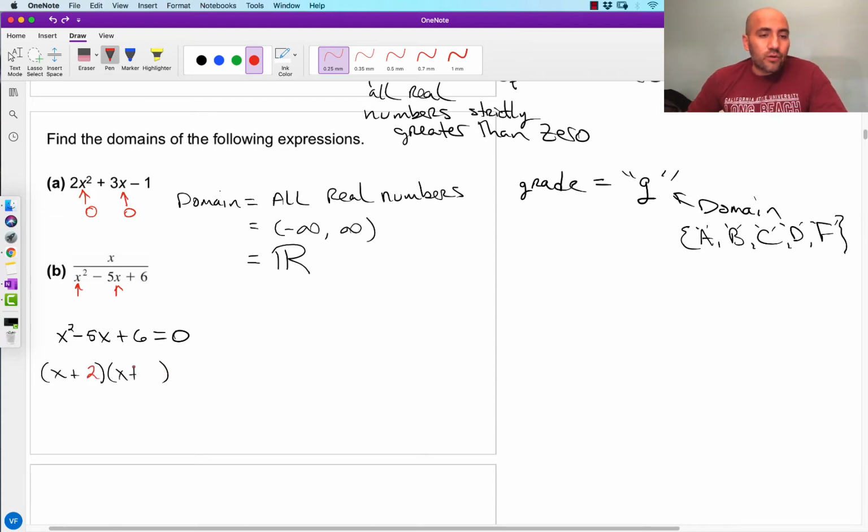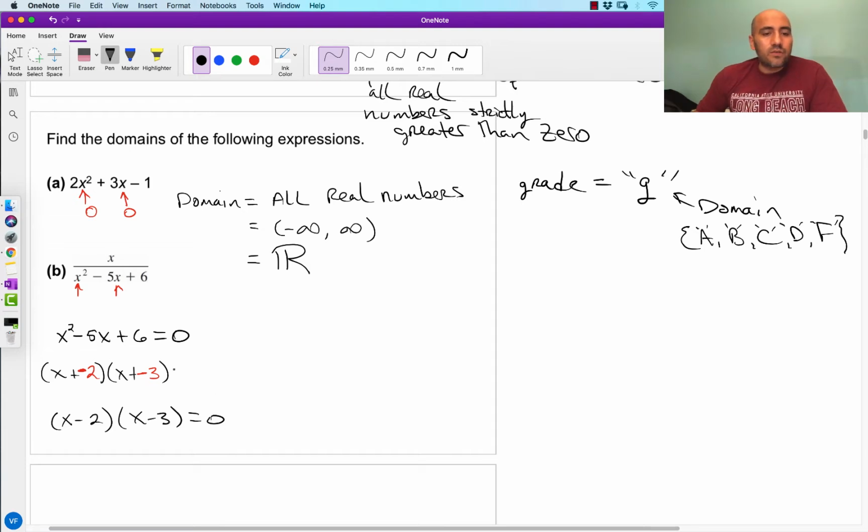I could do 2 and 3, but they multiply to 6 and add up to 5, not -5. So let's try -2 and -3. They multiply to +6, and they add up to -5. So there we go. That's the answer. And then if I just simplify that a little bit, I can write it as x minus 2, x minus